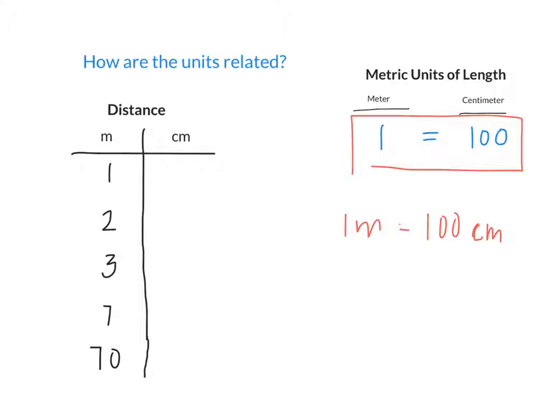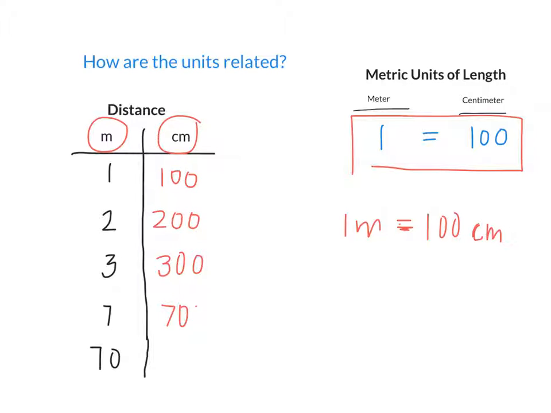Okay. So let's use that same idea now, and let's convert from meters to centimeters. So make yourself a new chart where one side is meters and one side is centimeters. Let's go ahead and fill in that chart. 1 meter is the same as how many centimeters? Everyone? 100. Good. 2 meters is the same as how many centimeters? 200. Good. Sorry, 3 meters is the same thing as 300 centimeters. 7 meters is the same thing as